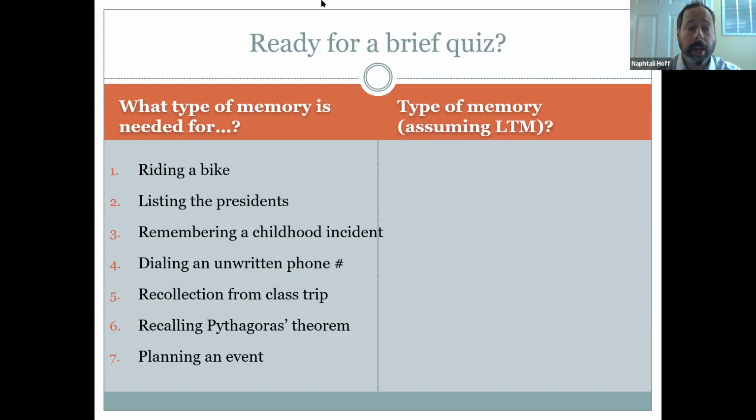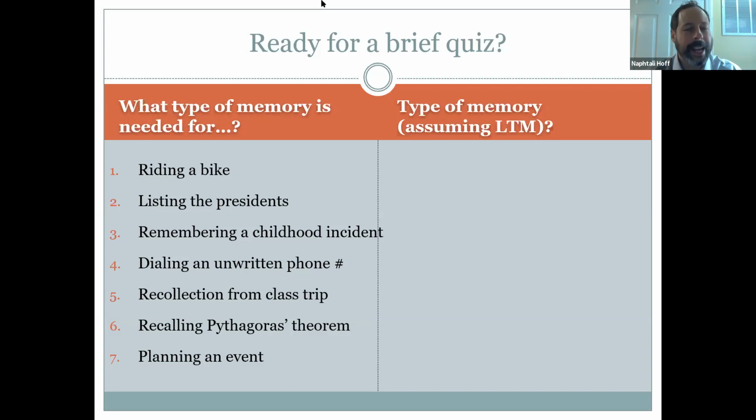Okay, listing the presidents. Now, remember, we're talking long-term information. So long-term memory, not short-term. So to remember the presidents is a form of declarative and specifically semantic, right? Okay, excellent. Remembering a childhood incident. I know these answers are sort of going to blur over here. So at this point, please write your answer with the number first. So just in case it takes you a little bit longer for me to see your responses, please put it in there. Number 3 is